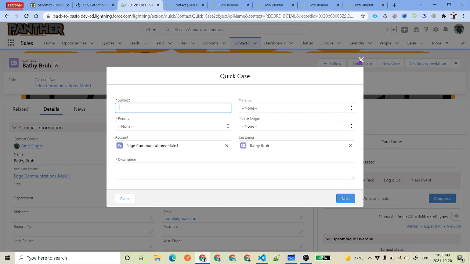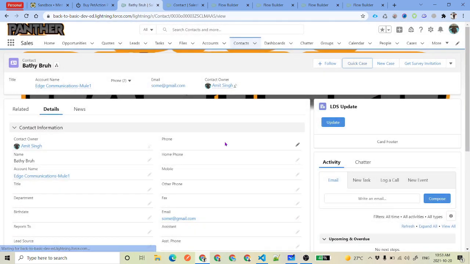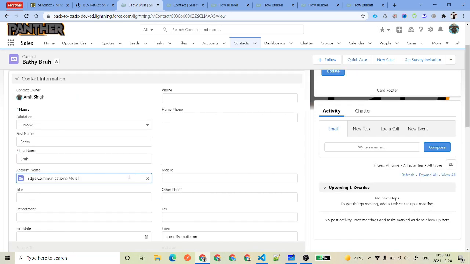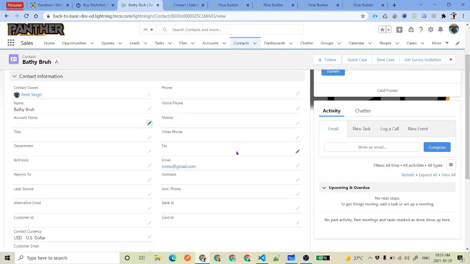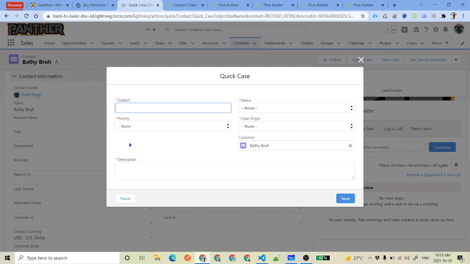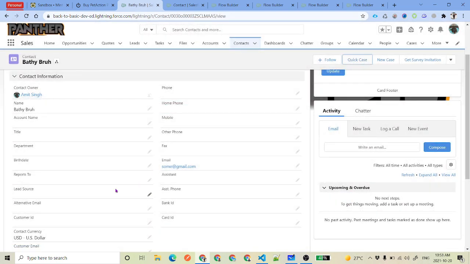Now let's say I click on cancel and remove the account for the contact, just to test that this time the account should not be displayed on the flow page. You can see the account has been removed. Now we are only able to see the contact. So that is how our flow is working.